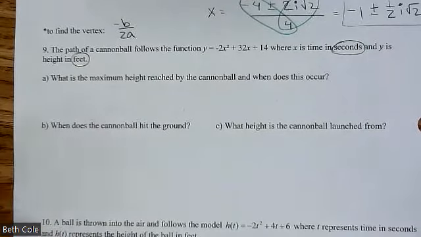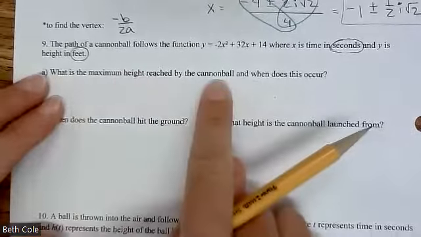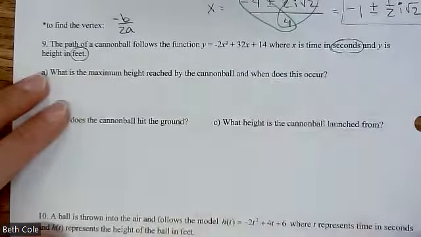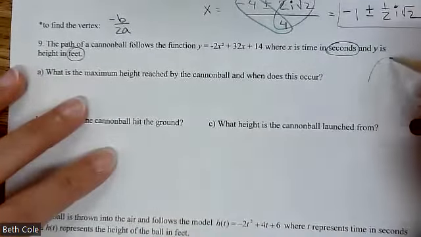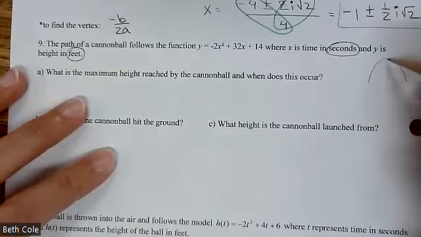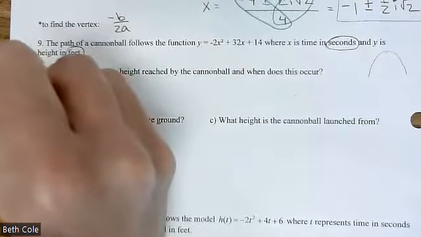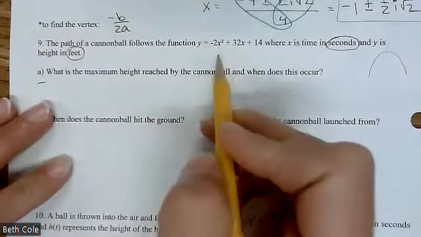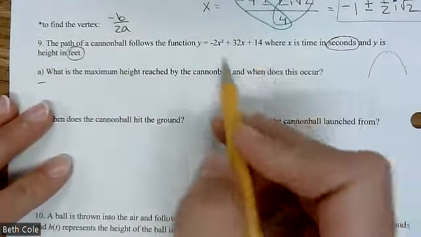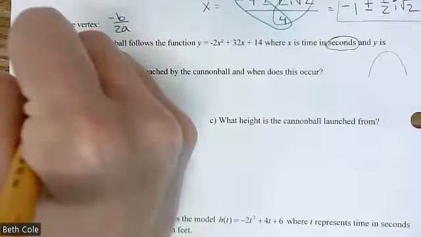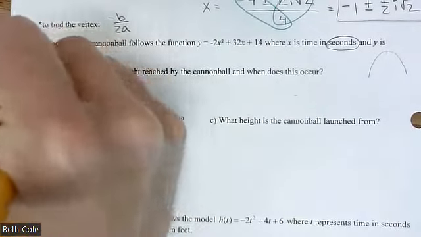All right. What is the maximum height reached by the cannonball? And when does this happen? All right, look, it's going to go up and come back down. So what you're being asked for is that vertex. So we're going to use this little formula, negative b over 2a. So negative b. What number out of this is b? Good. 32. So negative b